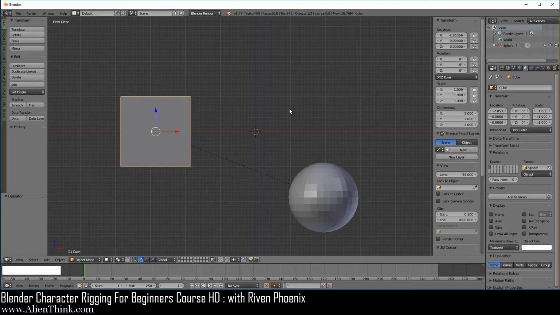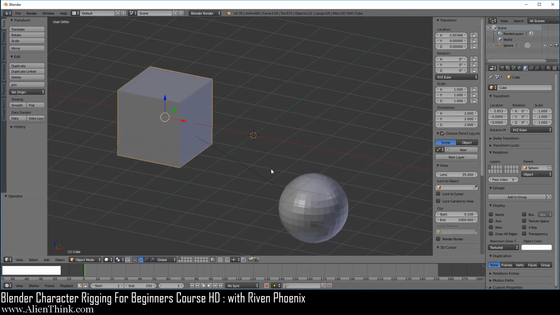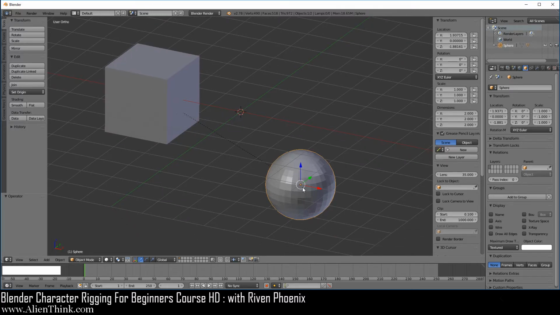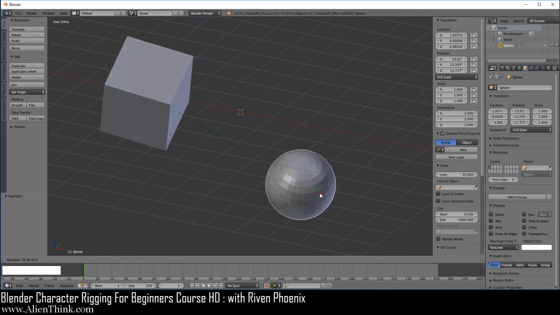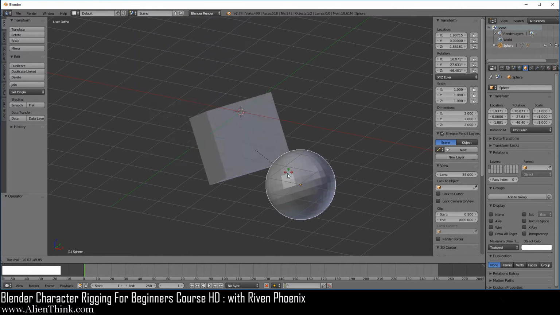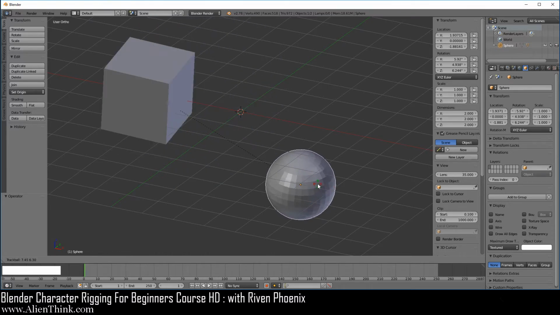Now what I want to show you over here is that when the parent-child relationship is being created, the child retains its rotation and scale when you're establishing the connection. Now notice that if we click on this object, which is right now the parent, press the R key 2 times to rotate this, we can rotate the parent any way that we want, right? So you've seen this before.